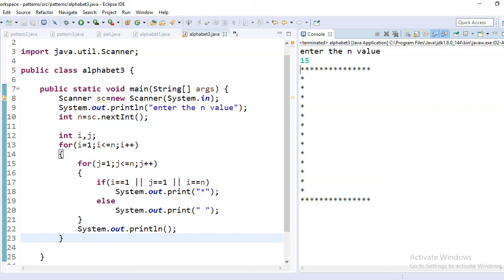Because by using alphabets we are printing different angles and different shapes. So if you learn alphabet patterns, you will learn 60% of pattern programs. So that is how to print different kinds of patterns.